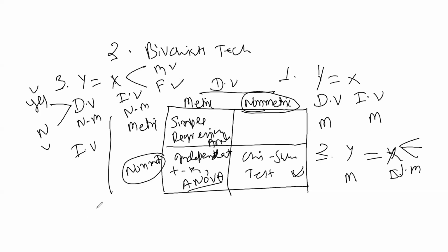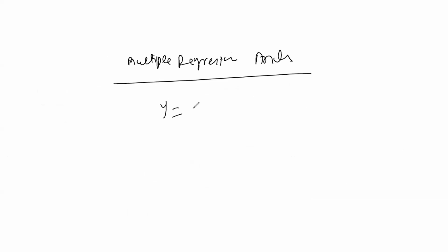If my dependent variable is non-metric and independent variable is in metric form, then I will use discriminant analysis. So when we are preparing our questions, we should keep in mind that if I want to apply multiple regression analysis, what type of question should I prepare? Multiple regression analysis means one